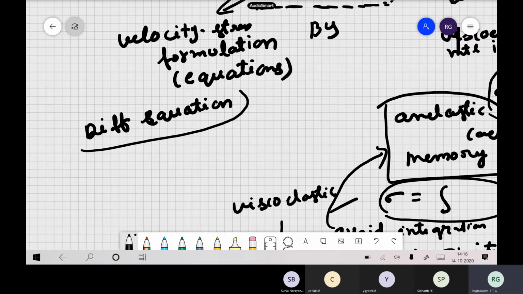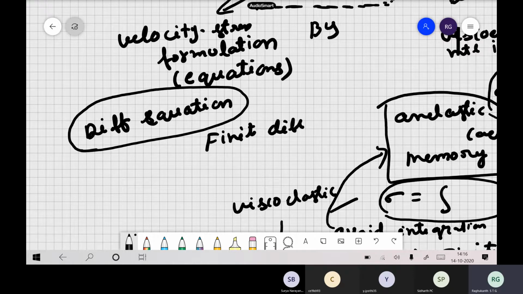So if we can write this absorbing boundary condition in terms of some difference equations, then it is very, very easy to implement in finite difference. So this is the concept. That is why we have done all those anelastic coefficients and memory variables. You followed? Otherwise, why do you want anelastic and memory? All these would be junk.